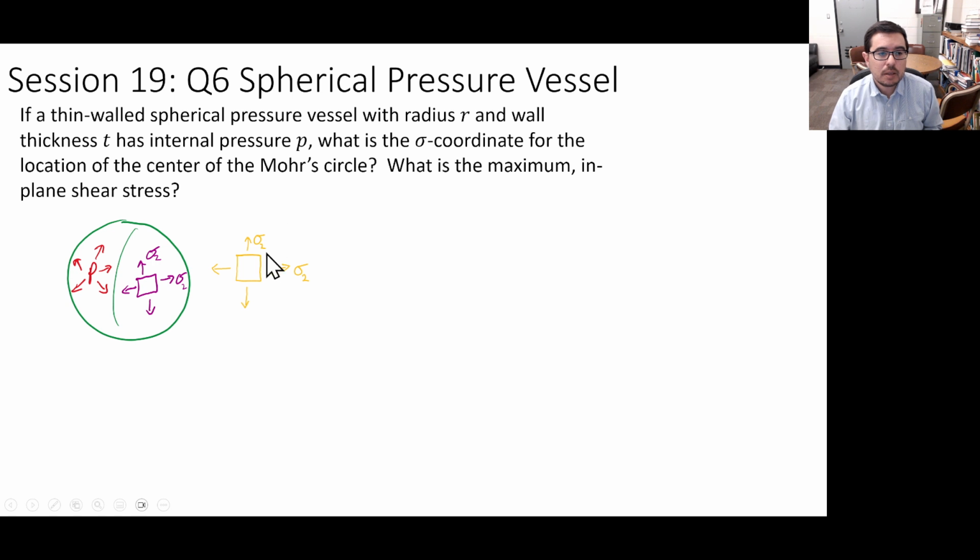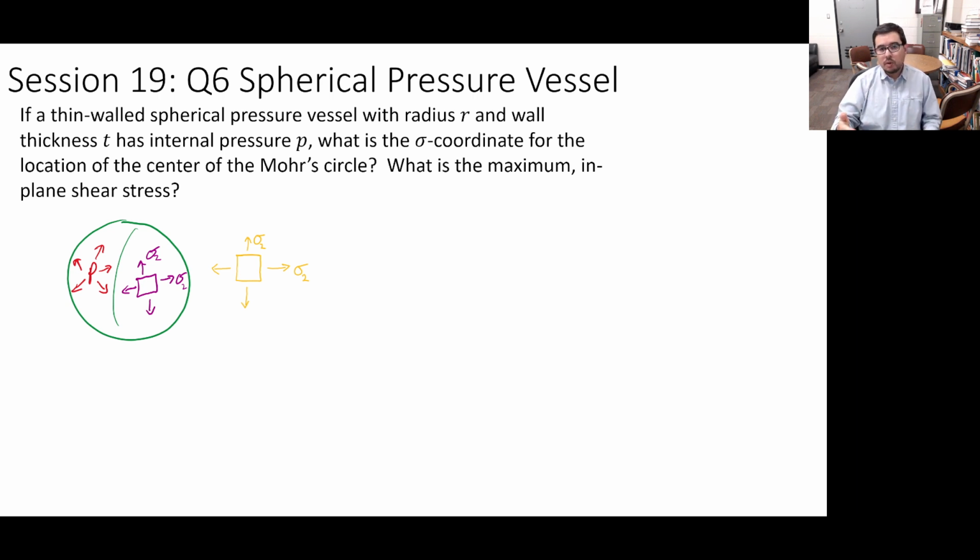And sigma 2, you might see this in Hibbeler's book or in other places. Why not sigma 1, sigma 1? Well, sigma 1 is often reserved for the hoop stress in a cylindrical thin-walled pressure vessel, and we know that's PR over t. And sigma 2 is sometimes reserved for axial stress in any direction on the surface of a spherical pressure vessel, because that's PR over 2t, so that's